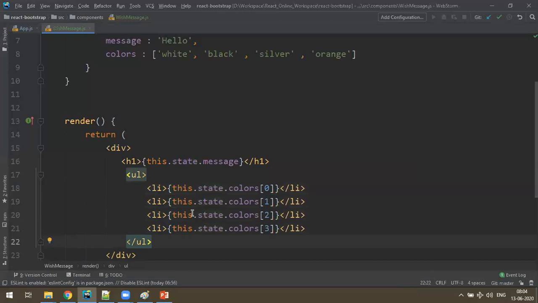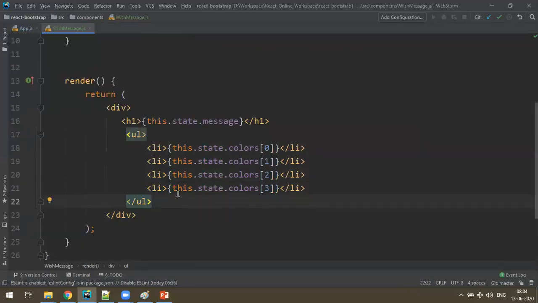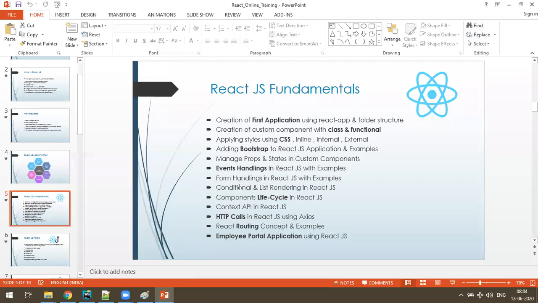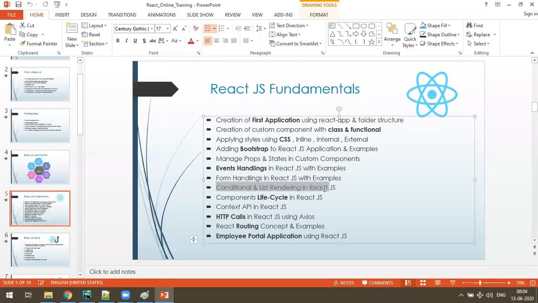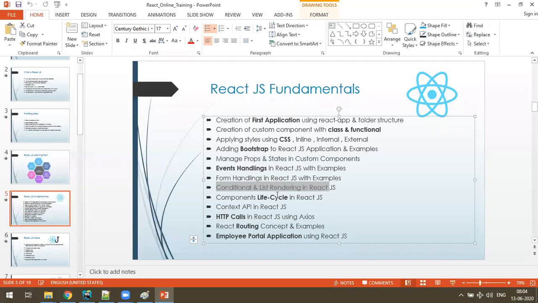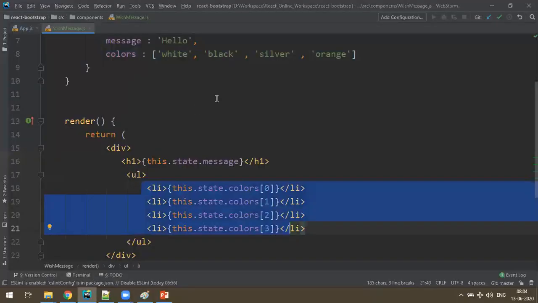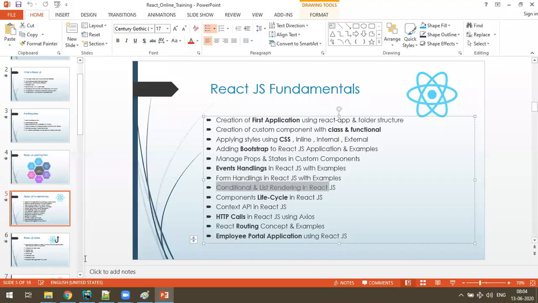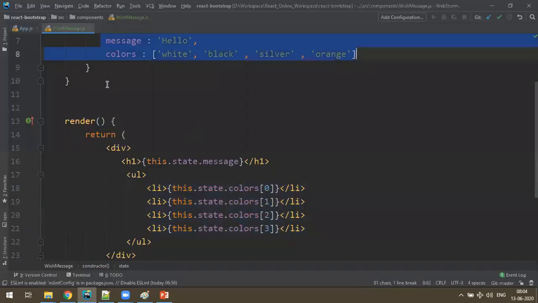If you want to loop it, you have another concept called map, which I'll discuss in conditional rendering and list rendering. Instead of writing these many lines, if you have 1000 items we can't write 1, 2, 3, 4 like that, so we can make a shortcut, which I'll tell you in list components. But I just wanted to show a simple example of how to maintain a state and display it over here. Okay, it works.